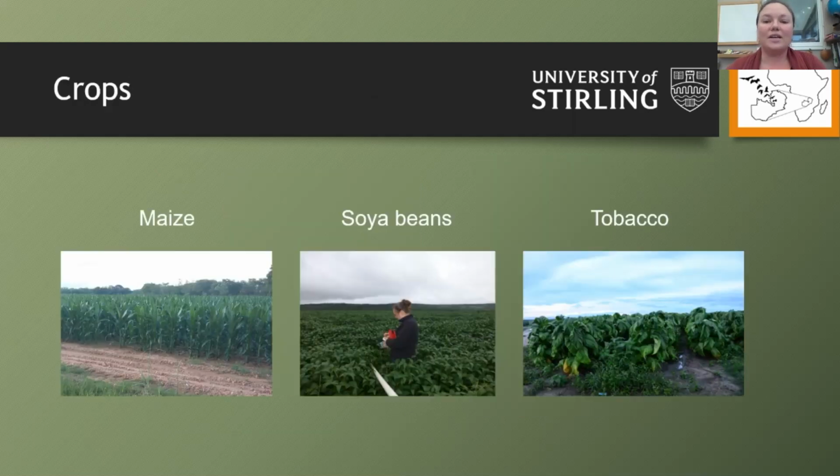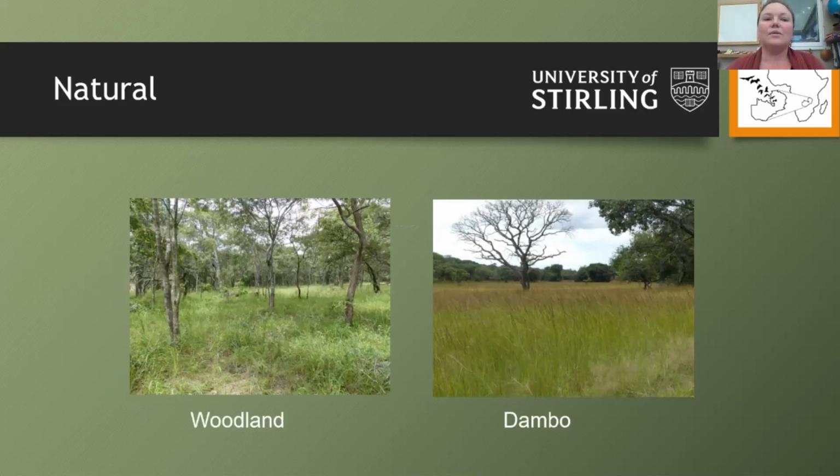So the crops that are mainly grown in Zambia for commercial purposes are maize, soybeans, and tobacco, and these are the crops that I focused on. Obviously, some farms may have had all of one and less of another, and actually grown a less common crop as well. And most farms have room for areas of woodland, semi-natural usually, because they often graze them